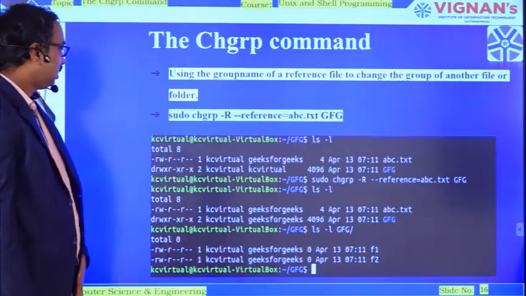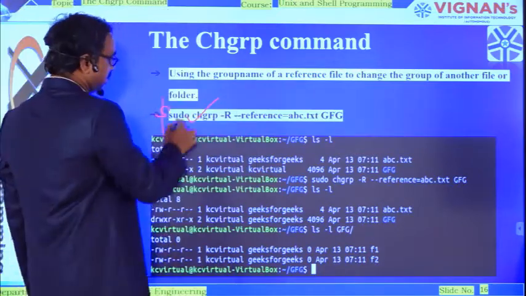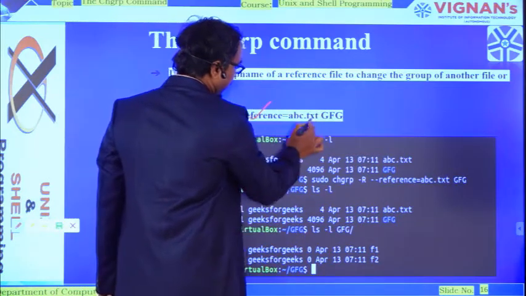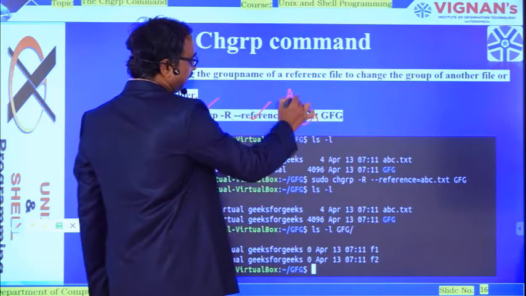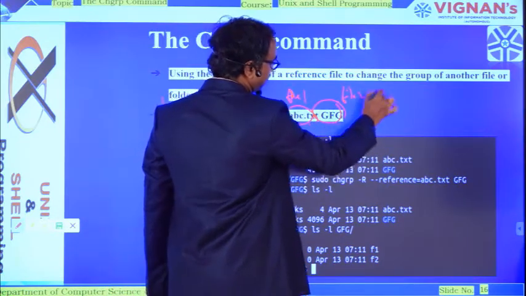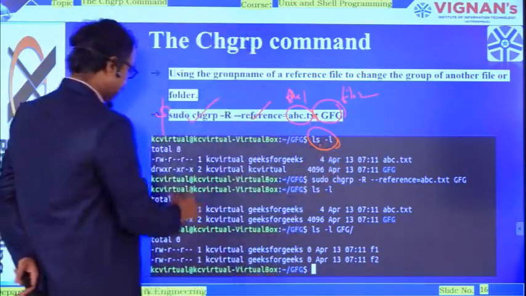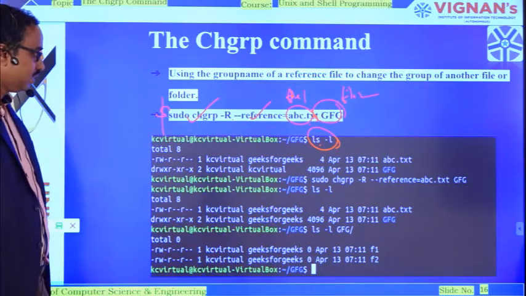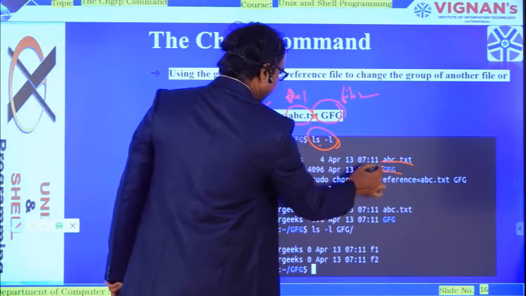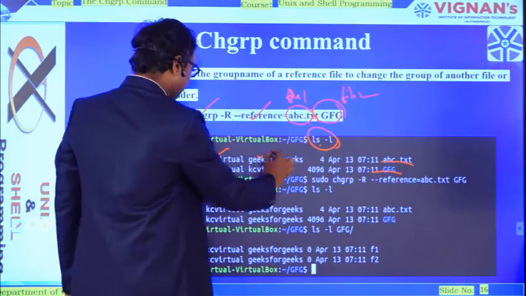Now we will see a practical example of this. Just add sudo chgrp with --reference=, let us say the first file1. File1 is abc.txt, file2 is cfg. As usual, you can type ls with option l. It will list the total of 8 files or directories. The first file name is abc.txt, and then the second file name. In both cases, the owner name will be the same, but the group name will be somewhat different.